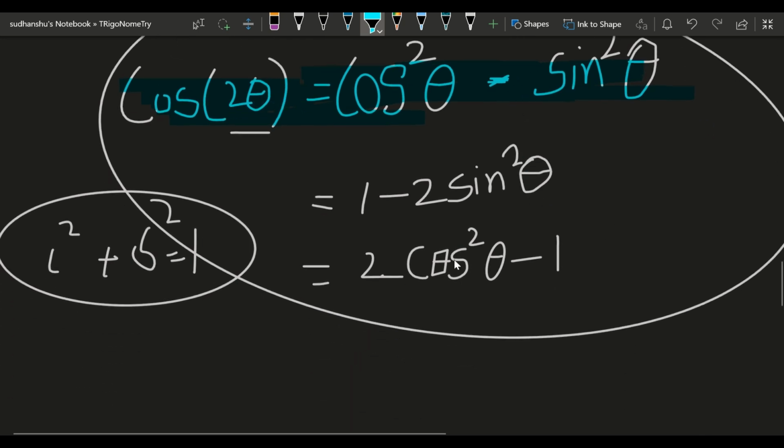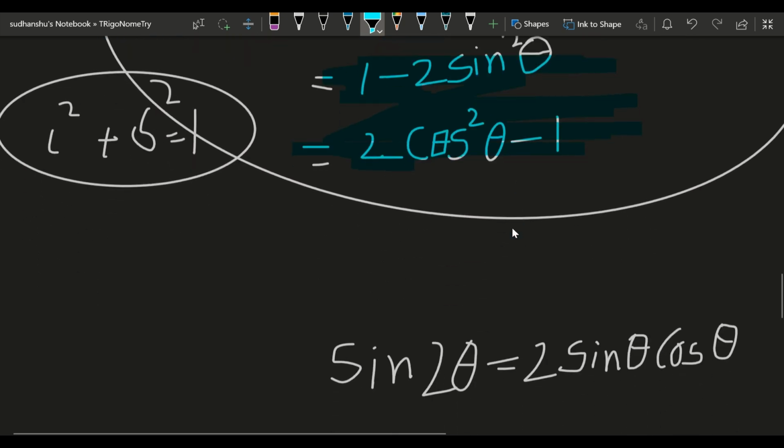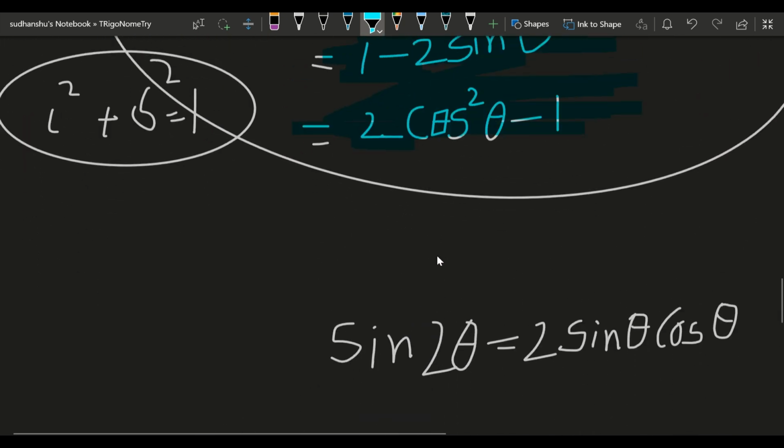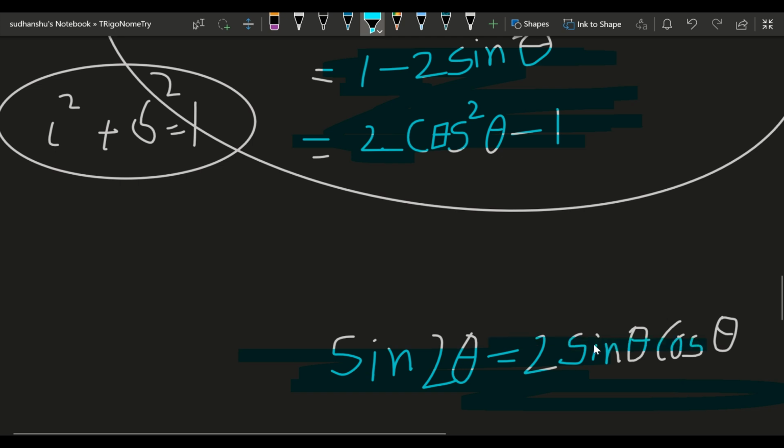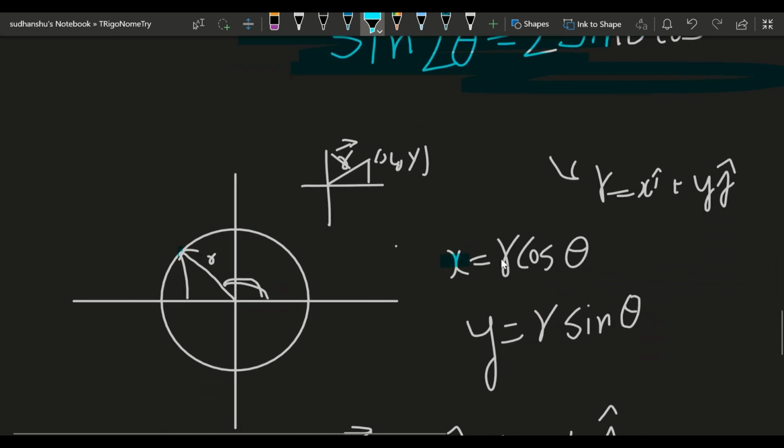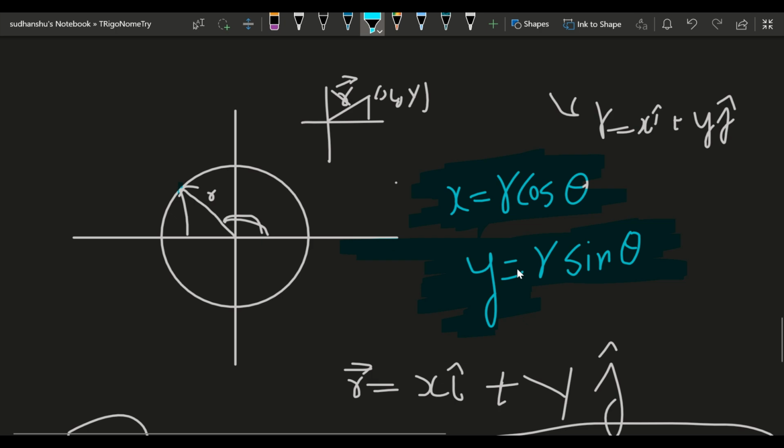Okay, and its representative, मतलब इसके जो दूसरे फॉर्म्स भी हैं वो भी आपको याद रखना है, because this will be very useful. आपको कितनी बार ये काम आएगा आई कैन नॉट टेल यू. ओके, सो दिस साइन टू थीटा, this cos 2 theta, and this system is very useful. कोई भी क्वेश्चन इससे बहुत इजी हो जाते हैं, वेक्टर्स या यू कैन से इलेक्ट्रिसिटी और मैग्नेटिज्म में भी. अगर आपको ये चीज़ पता है, आपको फिजिक्स समझनी बहुत इजी हो जाएगी.